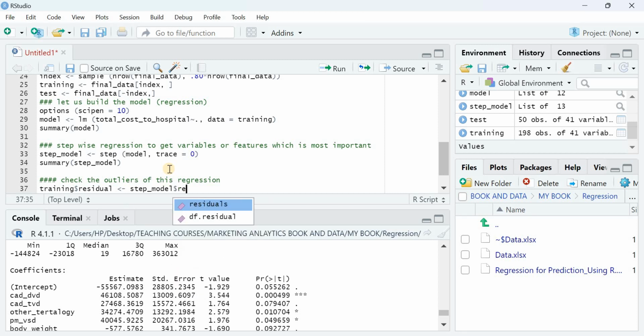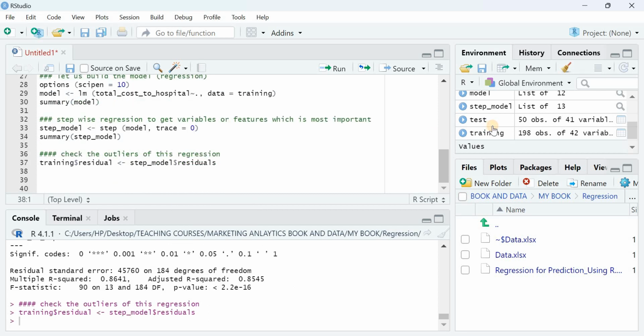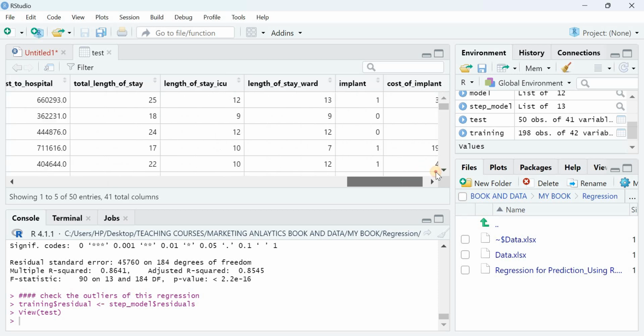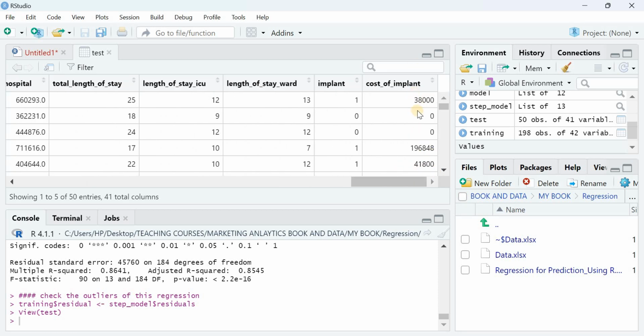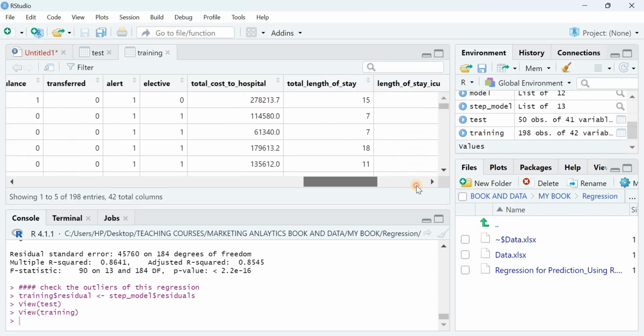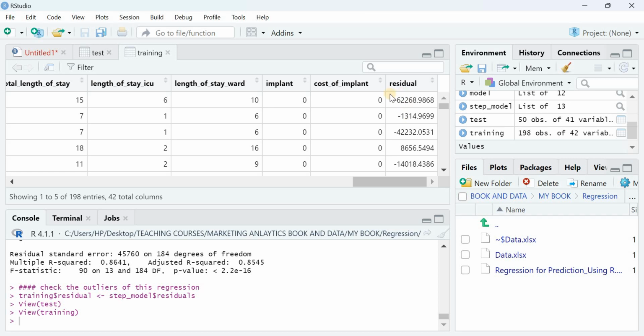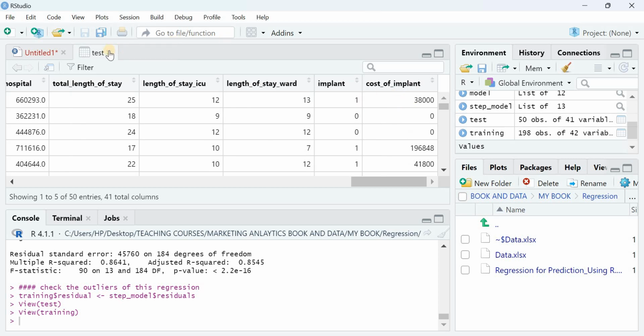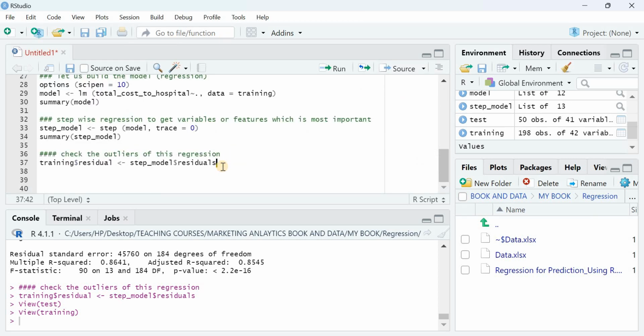I'll say training$residuals, and I have added the residuals here. I'll check if any outliers are there. Oh, I haven't. Okay, so let's check here. There is a residual here. I can check whether the residuals are extremely high or low, and I can use